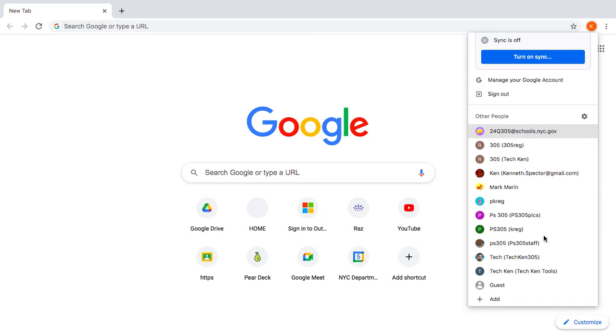But what I need is an account that ends with at nycstudents.net. That is the only school account that every person has to get onto their school Google Classroom. So let me show you how to do that.